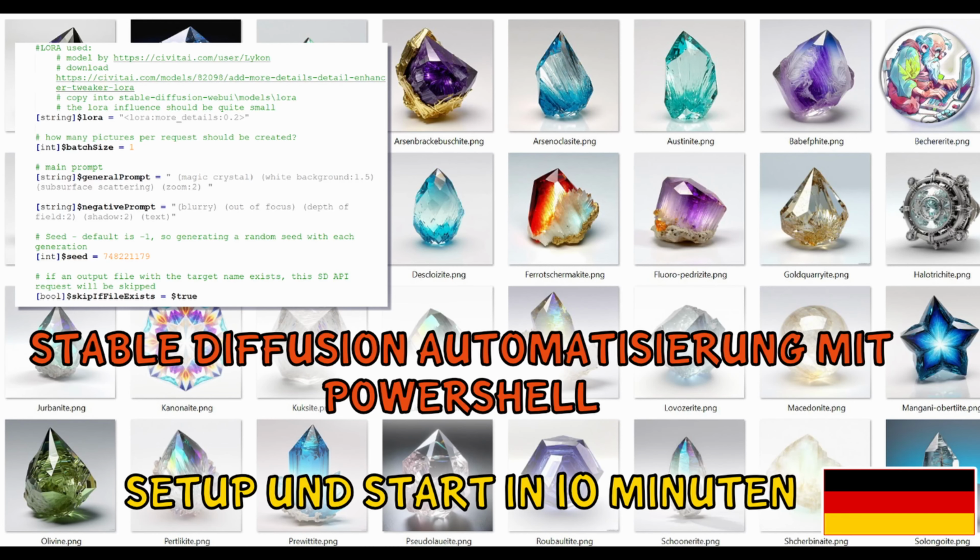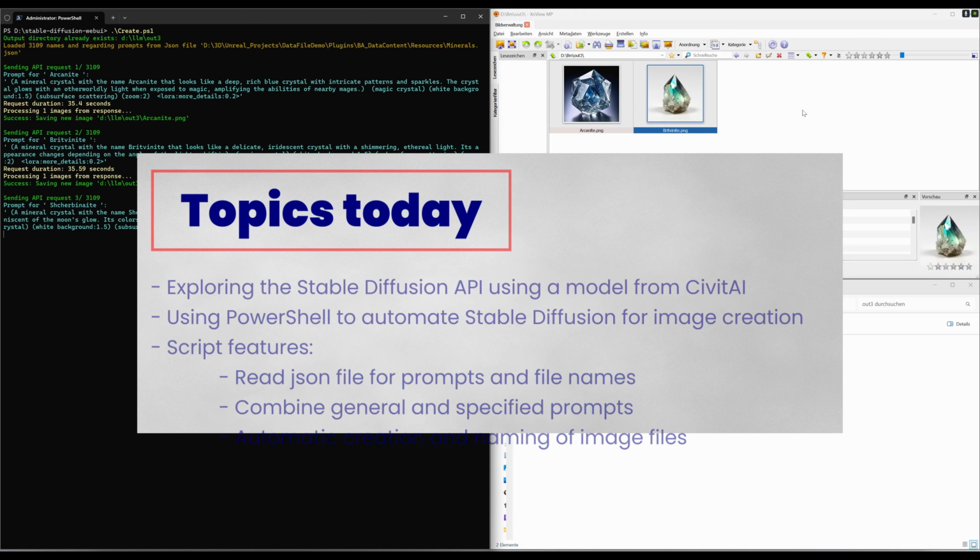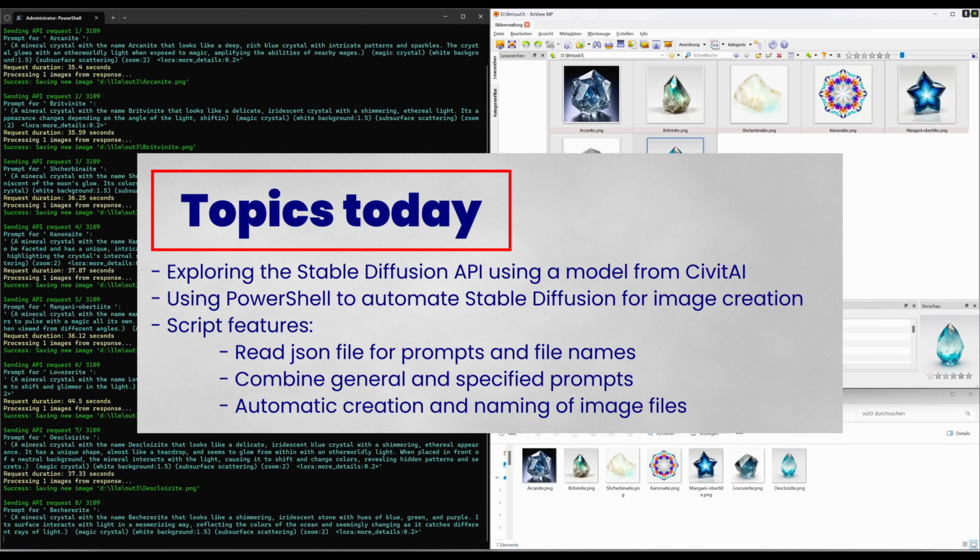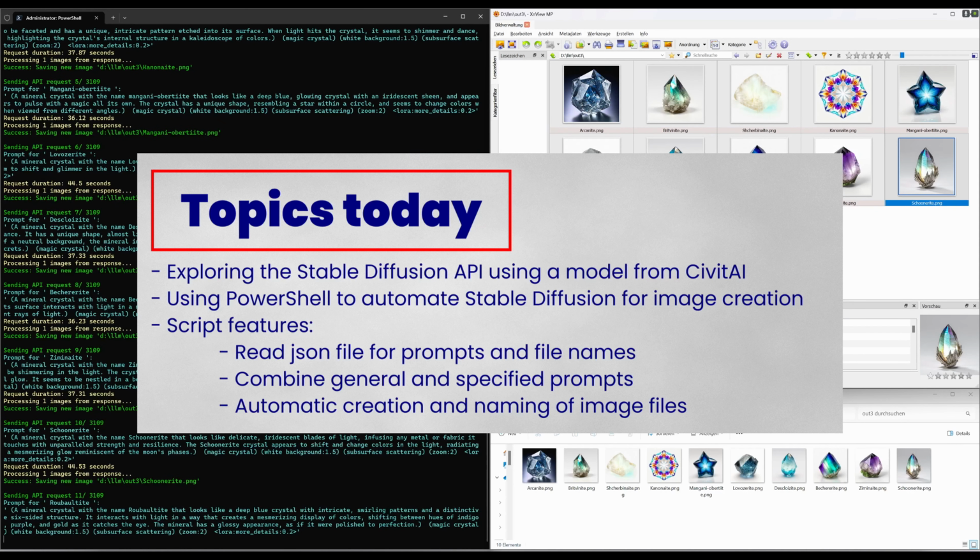Hello, today we look at automation of Stable Diffusion via PowerShell, creating hopefully a lot of nice crystals in my case, but the whole thing is steered via a JSON file, so you can actually create what you want. So we will install Stable Diffusion, if we don't already have it, then we use a PowerShell script from GitHub to start creating as much as